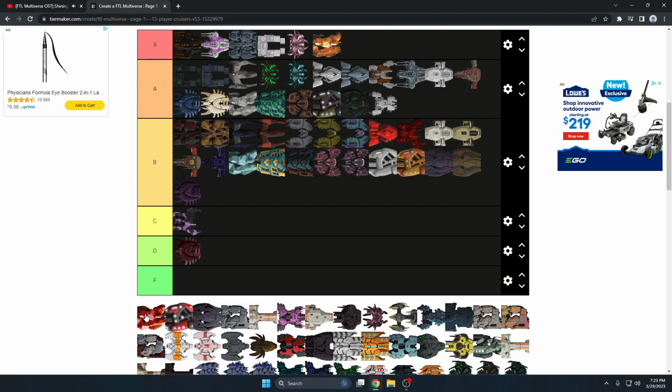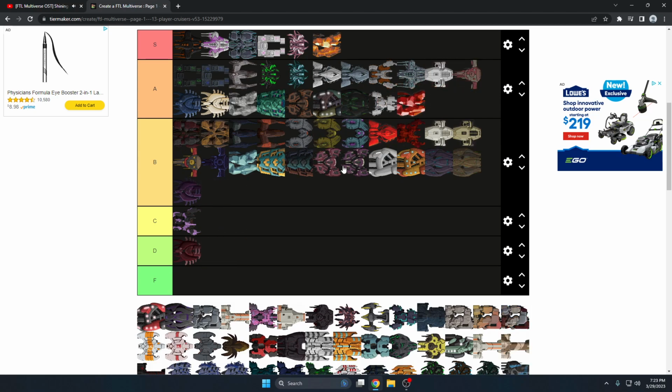I'll give it that. So Sentinel Cruiser is probably A tier. It's consistent. The downside is no O2 to start though, and only 2 weapon slots. So again, it plays similar to Bishop, the Elite Bishop or the Alt Bishop, except